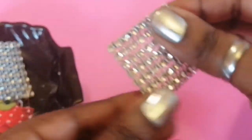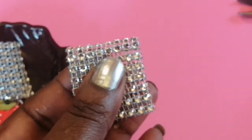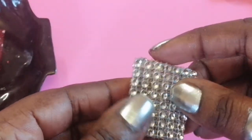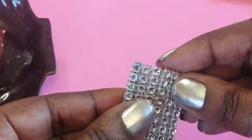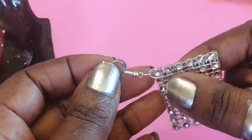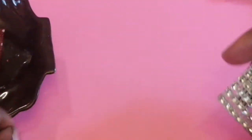Close it together. Press it together until it's together. Right, so I just had to wash the glue off because it was off my fingers, it was a bit sticky. So now this is dried up, and it's just check it's the same size as the other one. So all you need to pick up is the